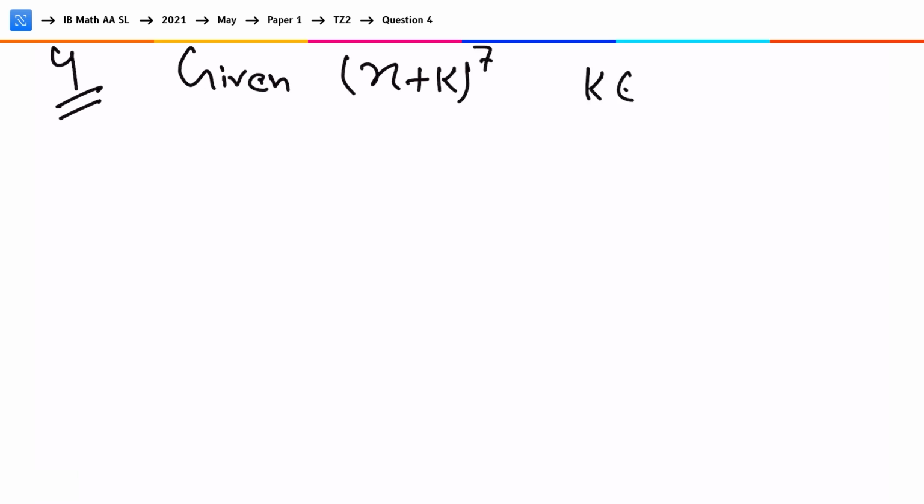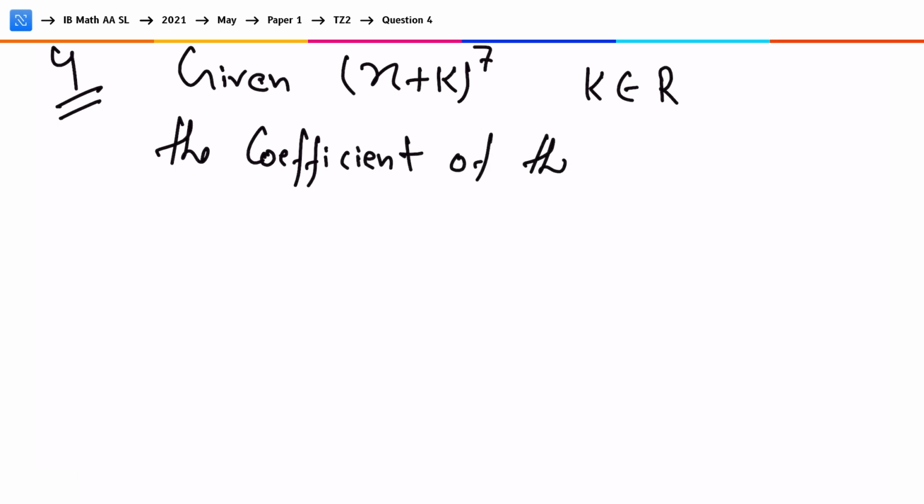Question number 4. Given (x + k) to the power of 7, where k belongs to the set of real numbers, the coefficient of the term x to the power of 5 is 63. We know that